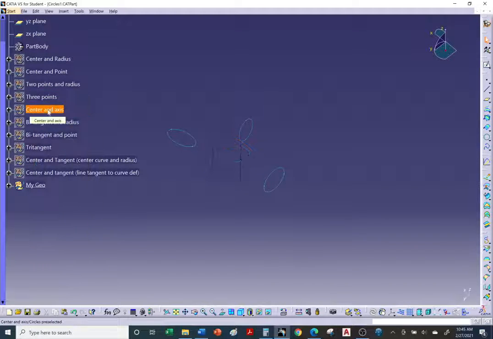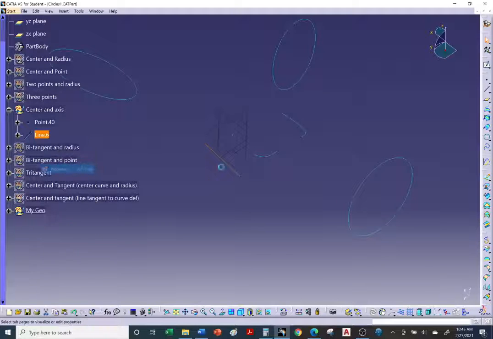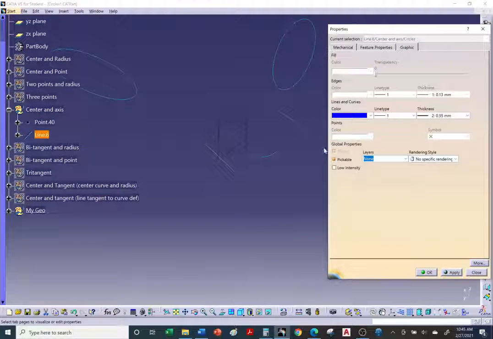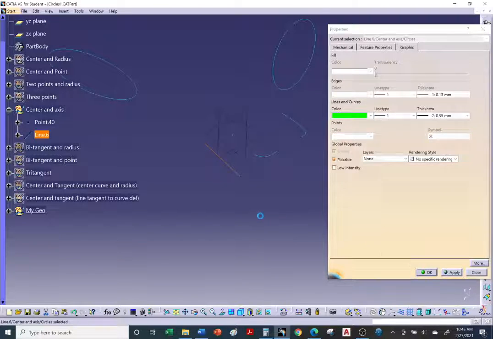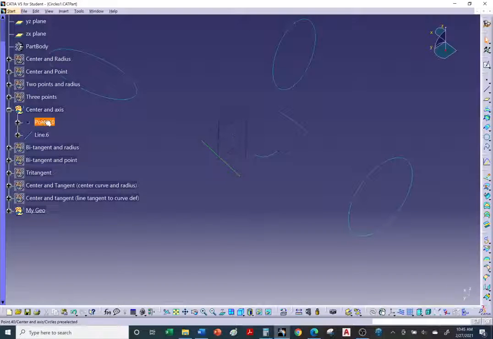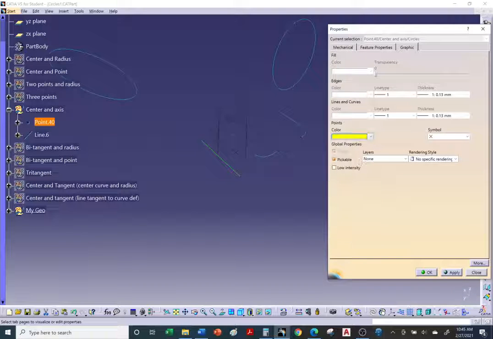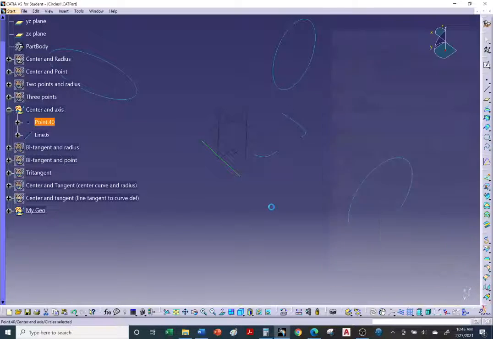I'm going to hide it, go to center and axis. Okay, so there's center and axis. Hard to see once again. Okay, so let me change that axis. Hard to see that dark blue. Let me go to green. And there's that point. Right click properties. And I'm going to go over to yellow and locked. Okay, so for this part of the tutorial, center and axis, right? We have the green axis and the yellow point. All right, so